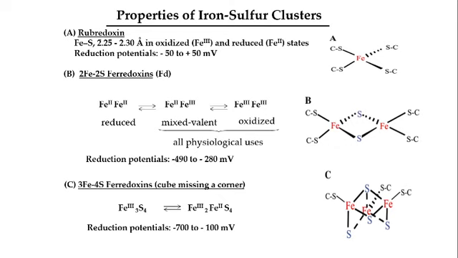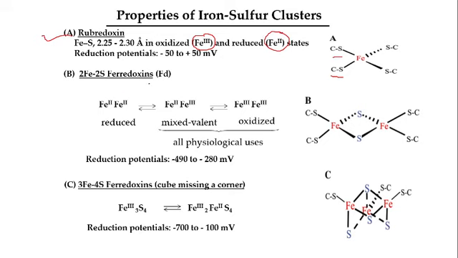First, that is a rubredoxin. You can see the structure of that. This is the Fe, and all there are absence of the inorganic sulfur. All these are the cysteine sulfur. Here they have the Fe-S distance of 2.25 to 2.30 angstrom in the oxidized form. The oxidized form is Fe3+, and the reduced form is the Fe2+ state.